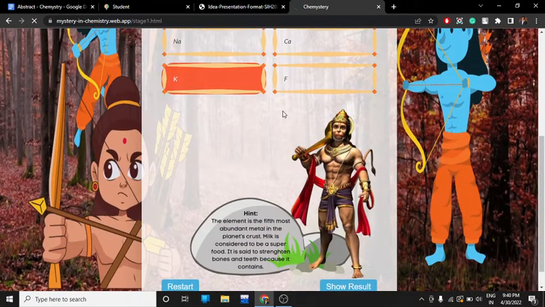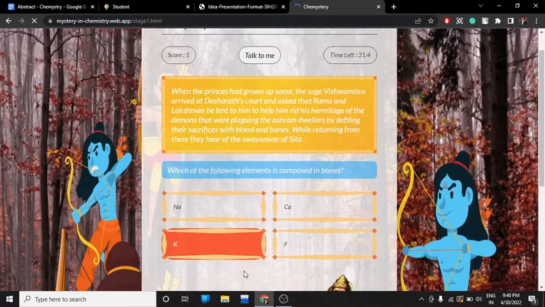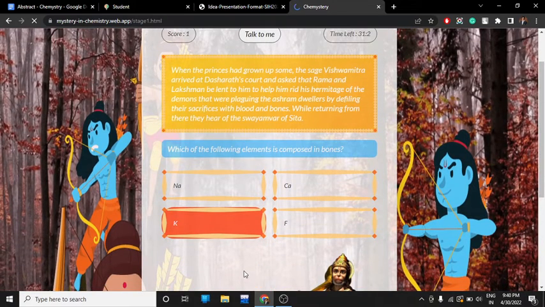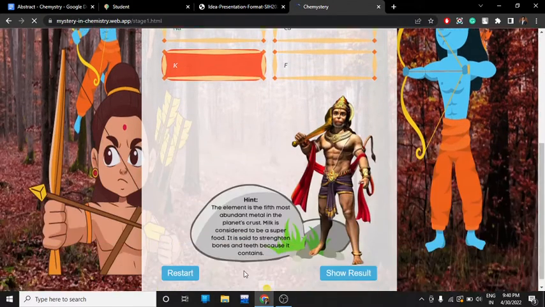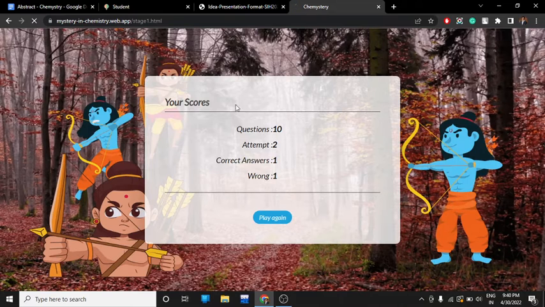If we tap on a wrong answer, we can see we don't get that option of "Let's dive deep." Why? Because that is a surprise element. Only if you answer correctly do you get that. And if you are unable to answer correctly, then what? Each stage contains multiple questions, so you will have the option to show the result and get your scores, such as out of 10 questions, how many I attempted, how many were correct and how many were wrong.